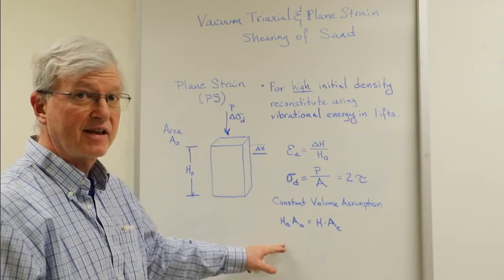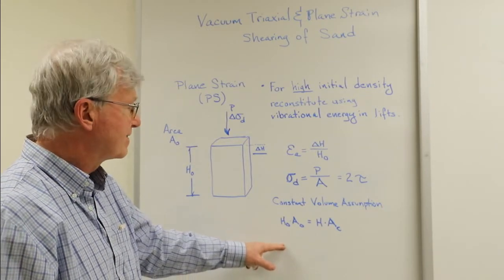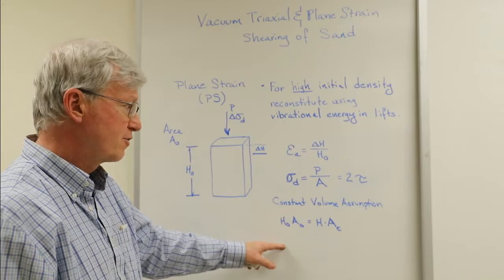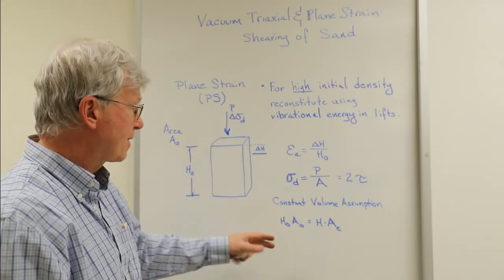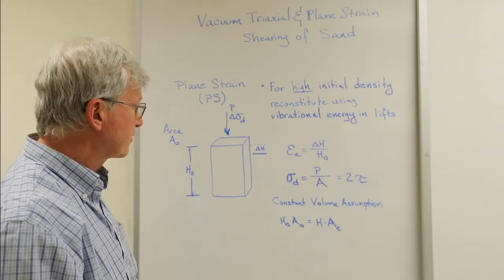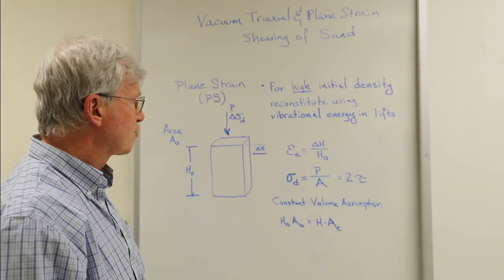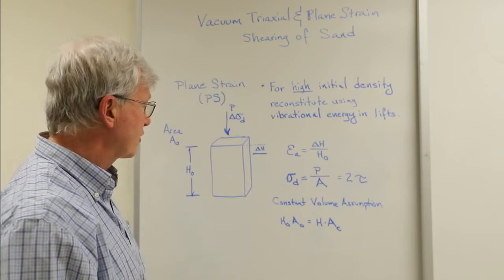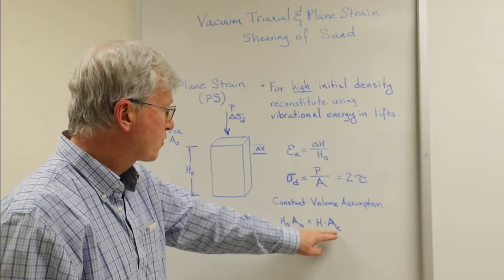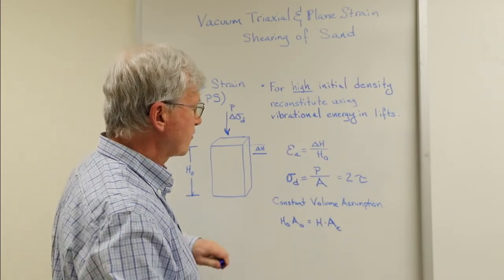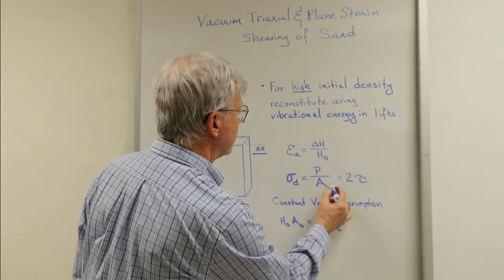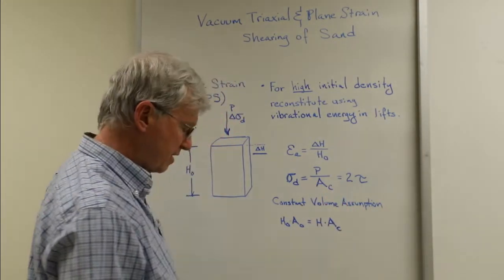Now we're going to see in the tests that we perform that neither of these are particularly good assumptions, about it remaining a right circular cylinder, or it's a little harder to see the constant volume problem, but we know there's volume changes going on. But this is going to be important because it's this corrected area that shows up in our calculation of deviator